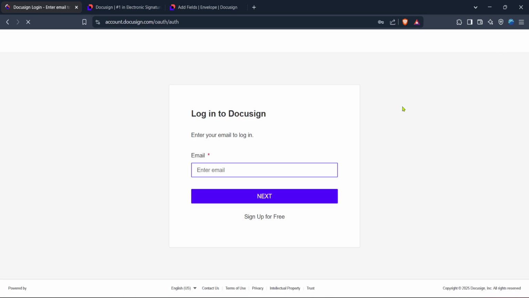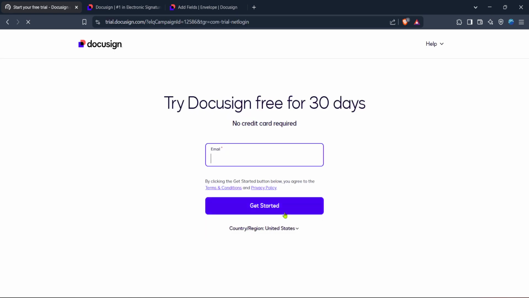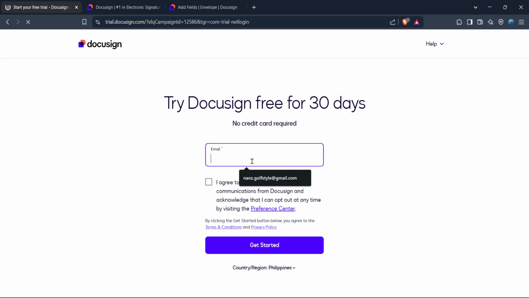For our purposes, click on email, which is ideal for setting up a standard account or a personal trial. Choosing email allows for a quick setup without any additional verification steps that might draw out the process. Once you've clicked on email, you should find the Get Started button. This will initiate your registration process and bring you to the form where you'll enter your personal details.